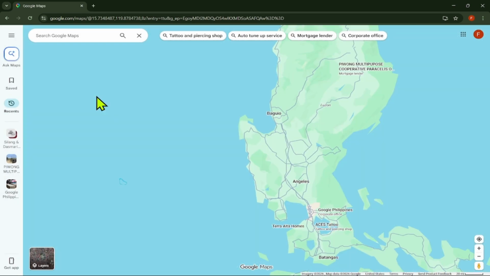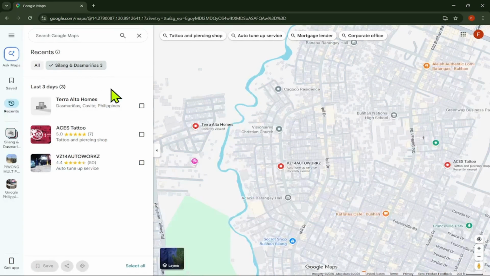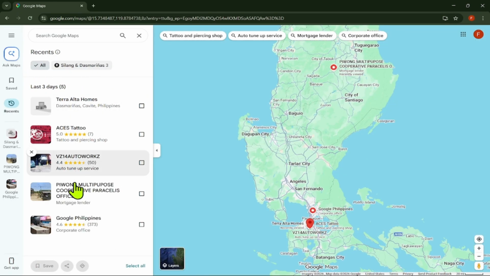Here, you can check your visited places by day, trip, city, or category, depending on what is available in your account. To check a specific date, tap the calendar icon. Choose the day you want to review. Google Maps will show the places you visited on that date, along with the routes between them if the data